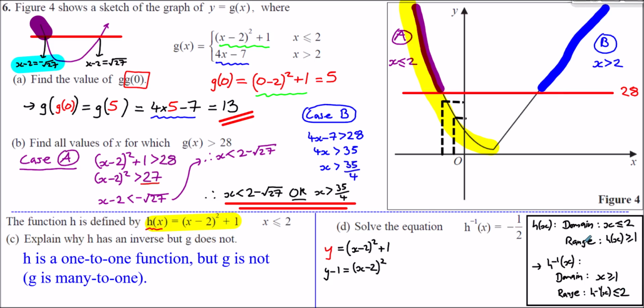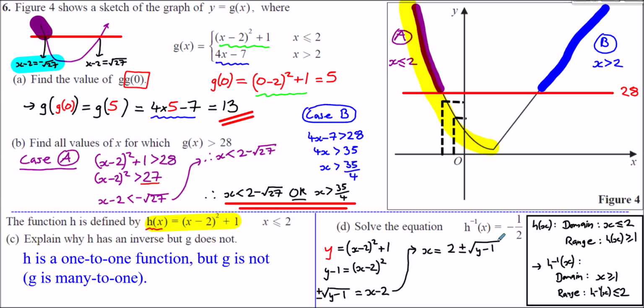So using this fact, if we now square root both sides, we're going to get the square root of y minus 1 equals x minus 2. We can now consider plus or minus square root. So now, making x a subject, we need to just add 2 to both sides. So x equals 2 plus or minus, we'll leave this there for now, the square root